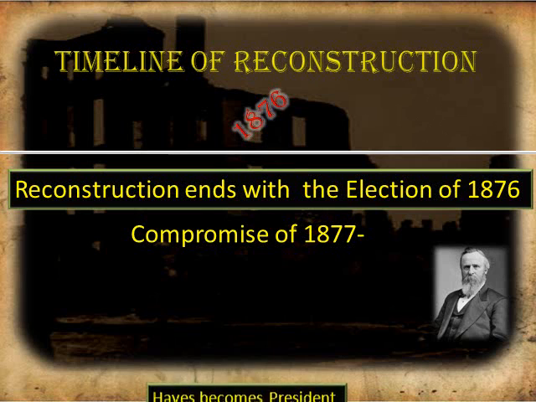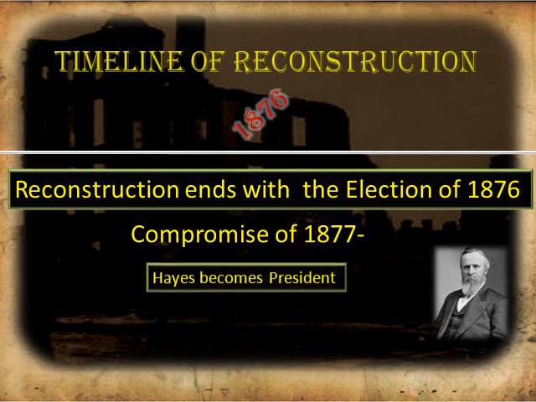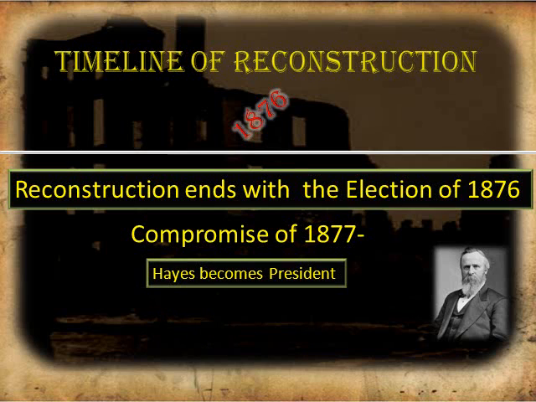And it's a compromise because President Hayes, or Rutherford B. Hayes, prior to becoming president, is a Republican, which is fine. And the Democratic candidate is named Samuel Tilden. Of course, the Southerners would love Samuel Tilden to be the president. He's a Democrat. He would probably go back to allowing things the way they were before the Civil War. But the Congressional Republicans are not going to allow that to happen.